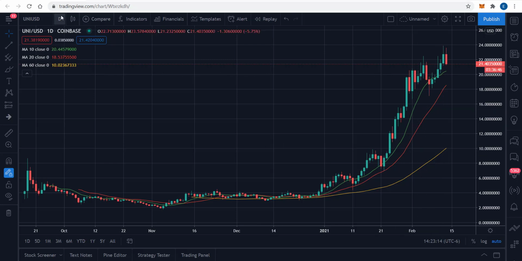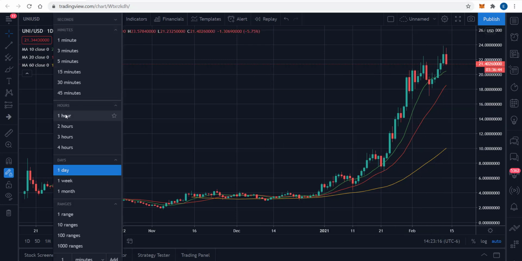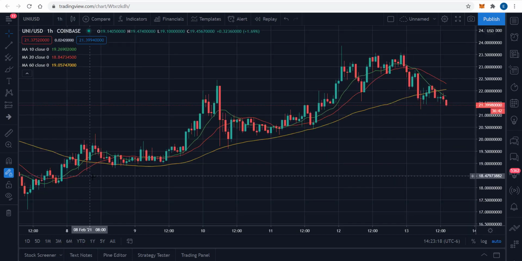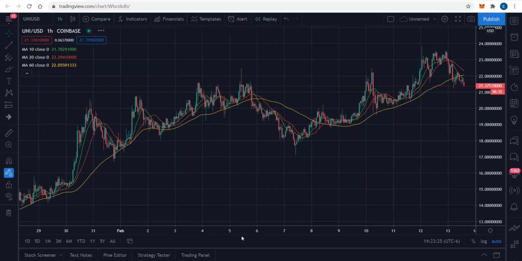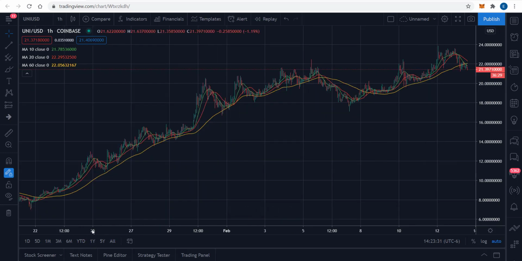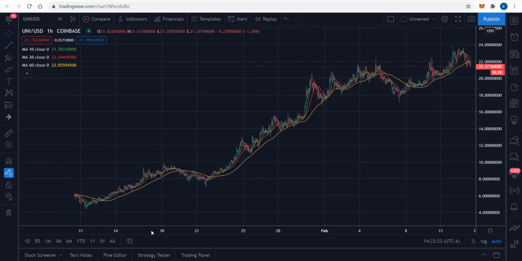Let's take this to a shorter time frame. So let's look at it from a 1 hour standpoint. And this gives us a little bit more data to analyze, and you'll see crossovers and whatnot. Let's see, where do I want to take this back to? Let's look at, keep going,